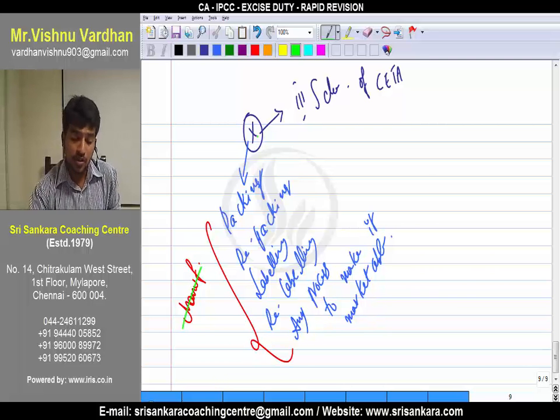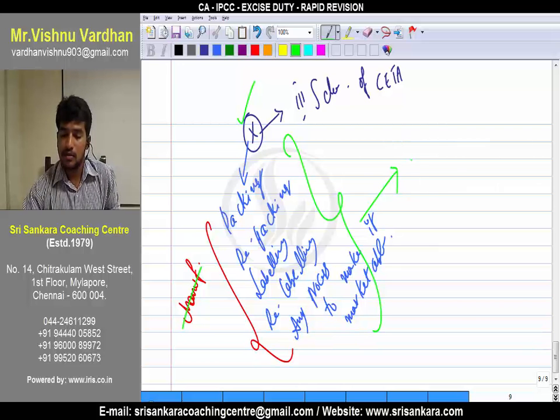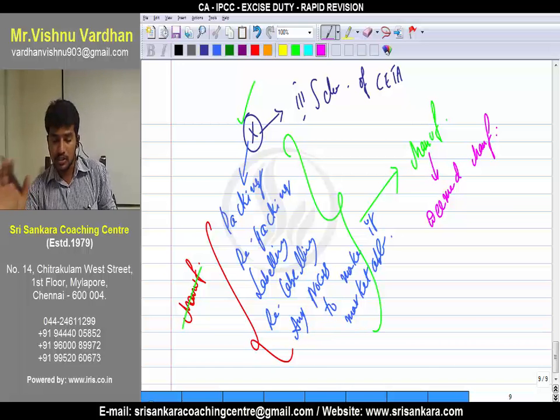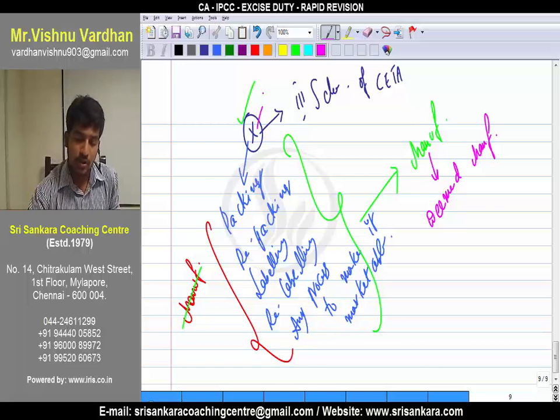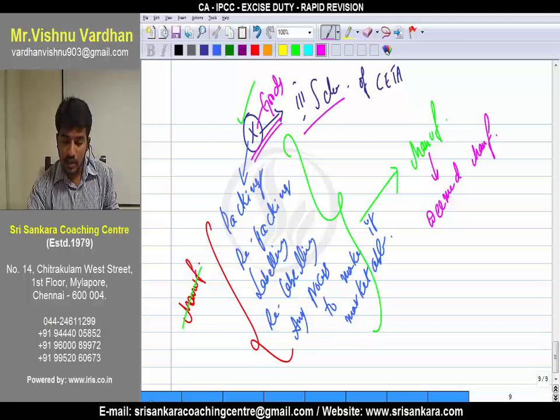But because these goods are given in the third schedule of SETA, we will call all this process as manufacture. Based on what? Based on the concept called deemed manufacture. Clear? So the concept is simple. X is goods. If any goods are specified in the third schedule of SETA, and